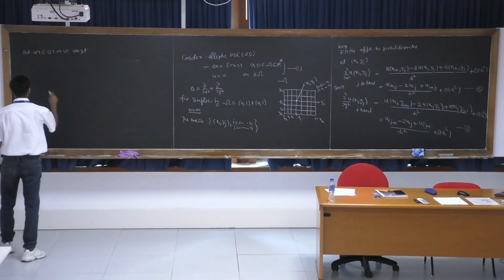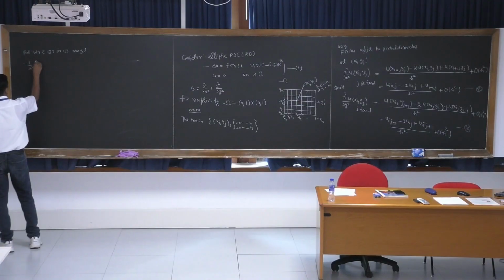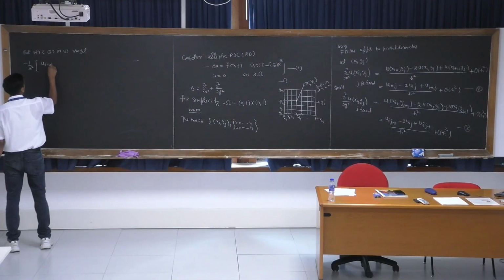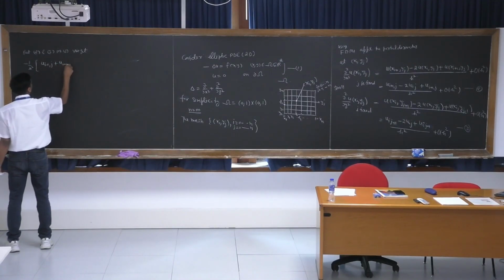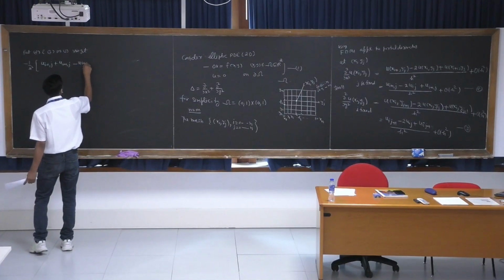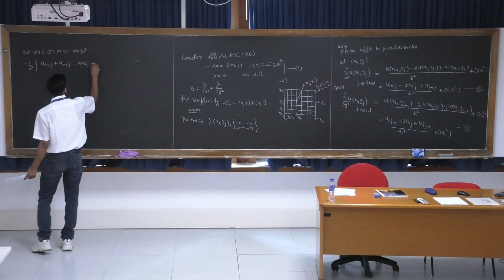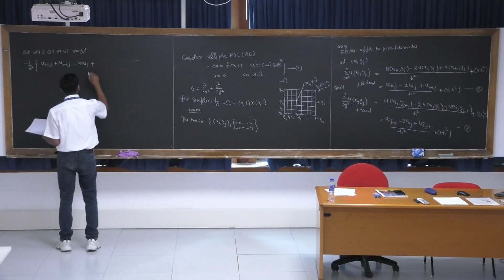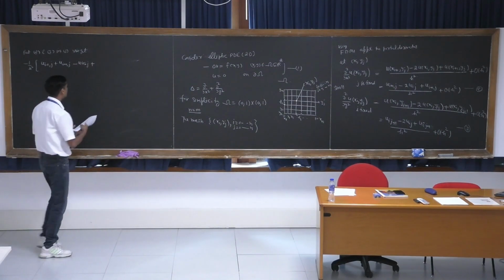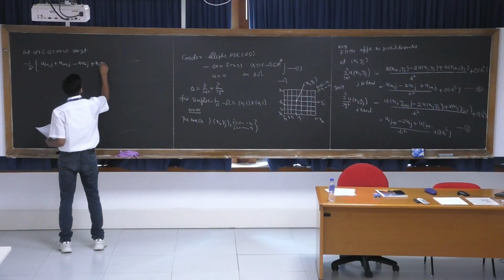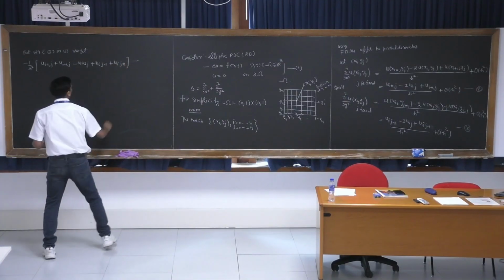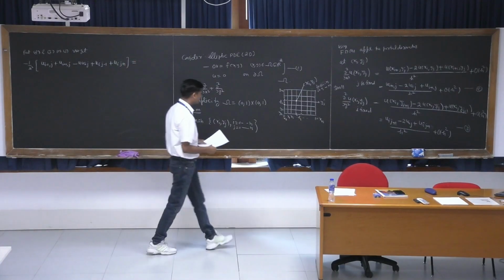We get 1 by h square common, and ui minus 1 j, ui plus 1 j, and minus 4 ui j, and plus, this was for i minus 1, i plus 1. Now the same thing, ui j minus 1, ui j plus 1, and equal to